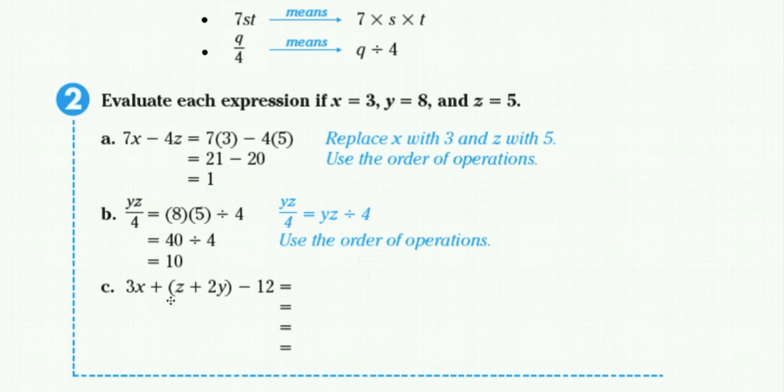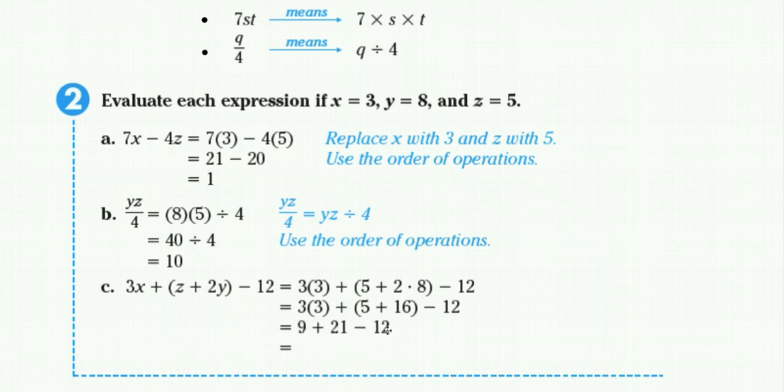Letter C. Again, 3x plus the quantity z plus 2y minus 12. Substitute the values for x, y, and z. We end up with 3 times 3 plus the quantity 5 plus 2 times 8, minus 12. Following the order of operations, we need to do what's in the parentheses first. And in the parentheses, we need to multiply 2 times 8 first. So you end up with 3 times 3 plus 5 plus 16 minus 12. Simplifying 5 plus 16 further in order of operations, we have